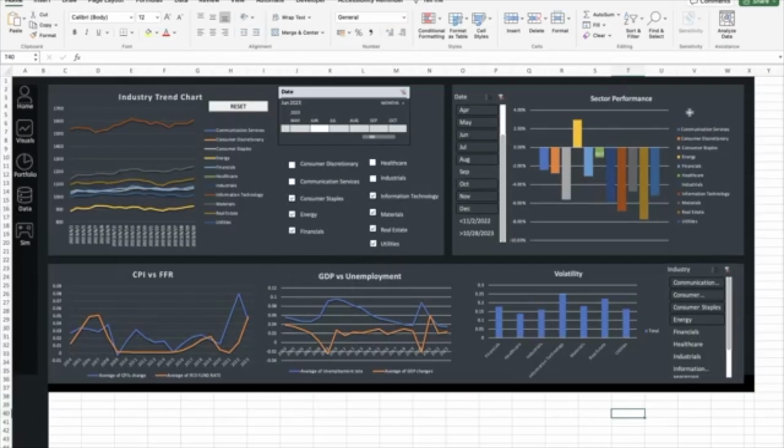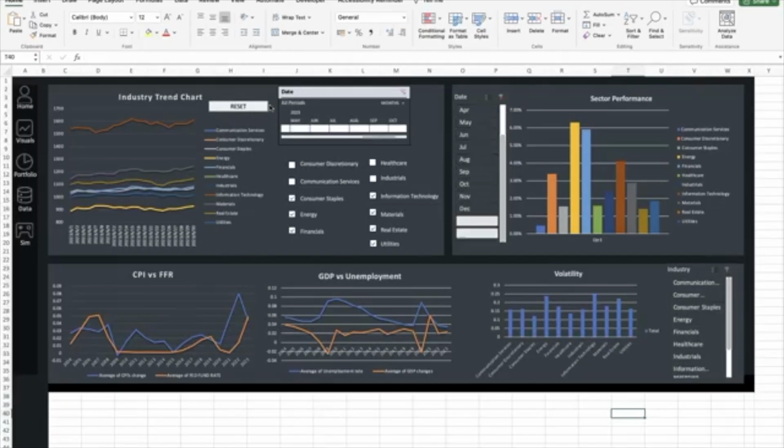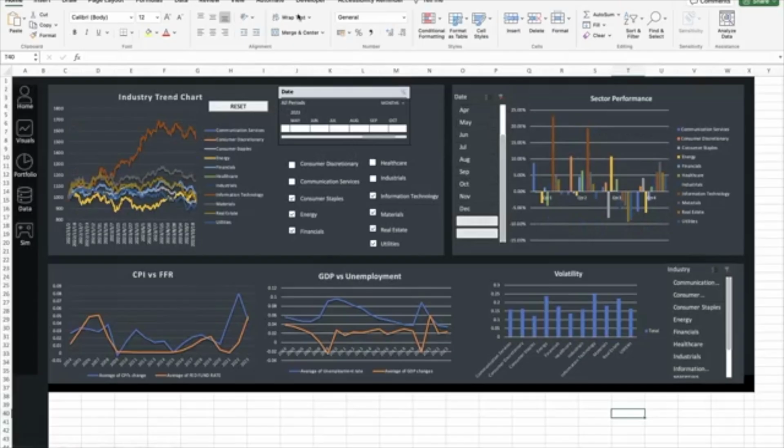For the sector performance chart, users can filter the date as well. And for the volatility chart, users can filter the industry and clear the filter in order to see all the industries. And users can use the reset button to reset the auto filter. That's the application walkthrough